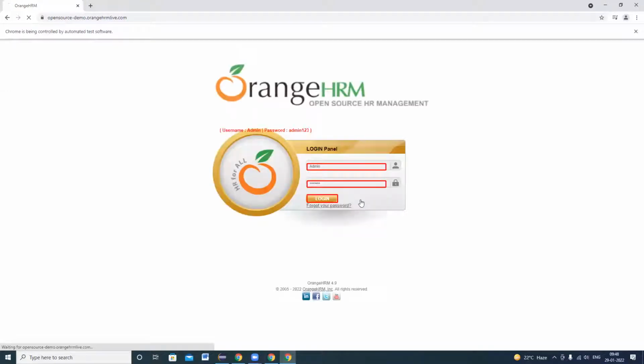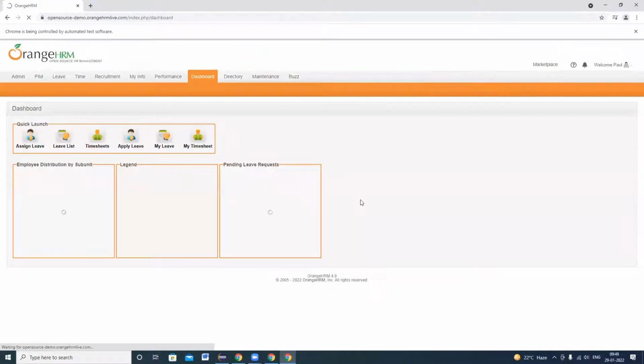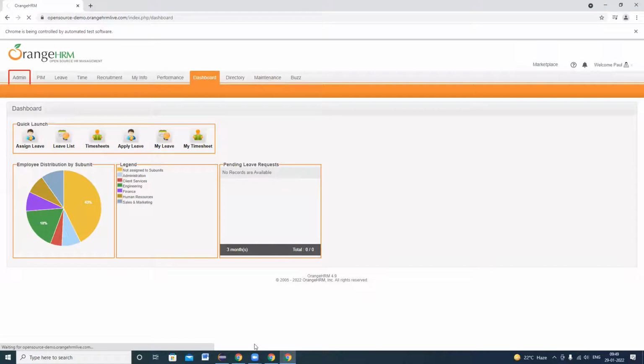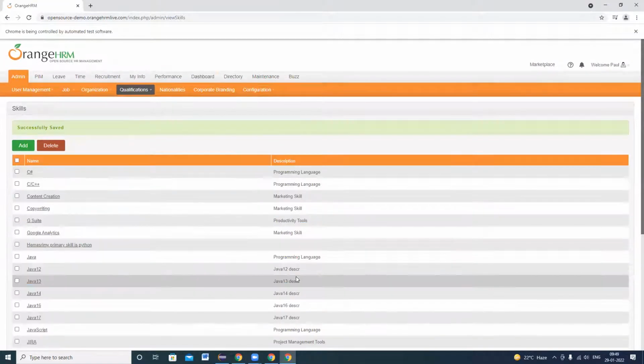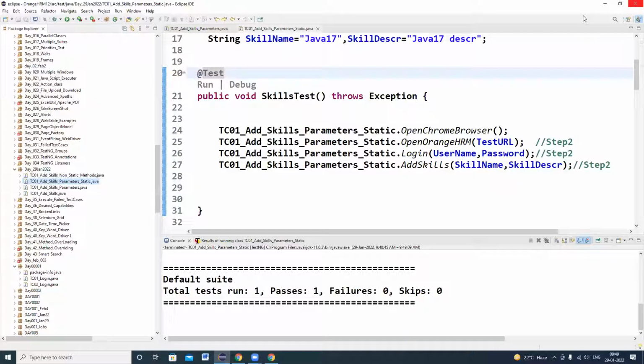So this is static methods with parameterization. Sir, why should the main test not be static, sir? No, you can write it static also. Okay, sir. So the program got executed successfully.